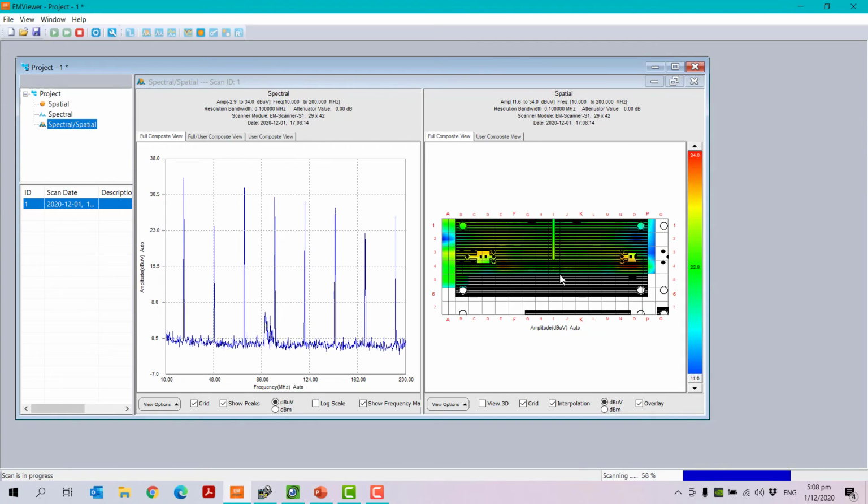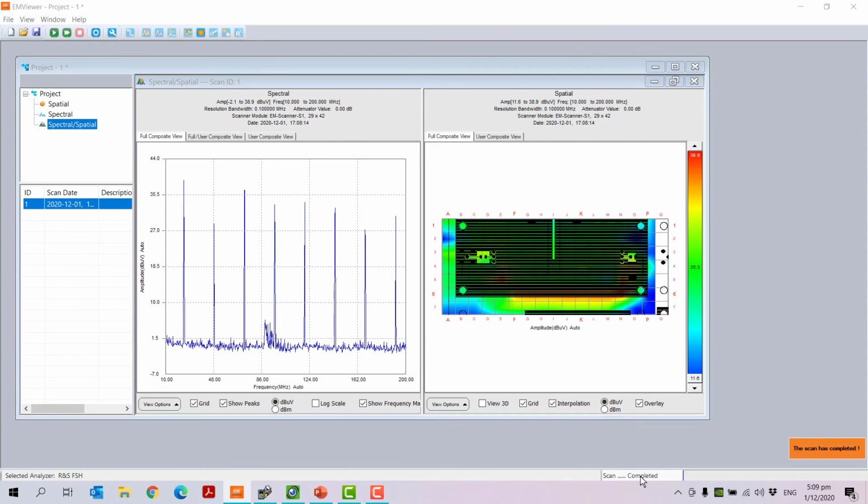Yes, so the scan, it's 60% because it has to determine the frequencies at each point of my board. So it is determining the frequencies and amplitude of interest at each point of my PCB board. So it may take a few fractions of seconds.